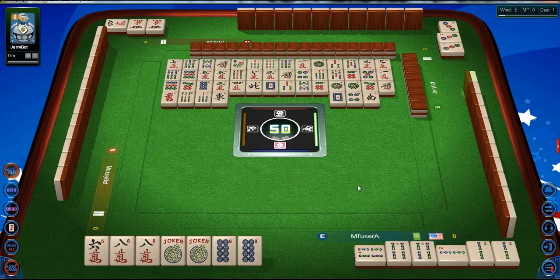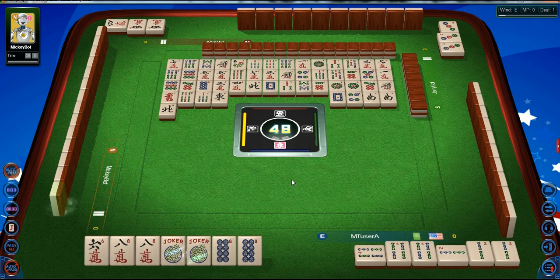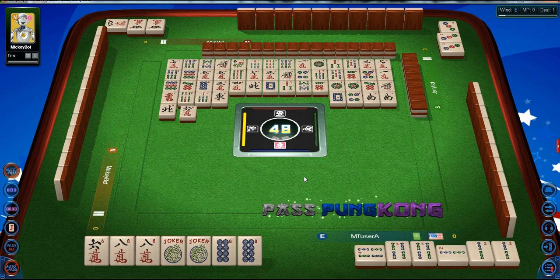Since Ignore Jokers is not engaged, the system stops and waits for my move each time a tile is discarded. I have to click Pass for each tile that I do not need. In the case when you want a Pong or a Kong but you do not have any tiles for the Pong and Kong in your hand, then you want to turn off the Ignore Jokers by clicking on the very top menu item, which releases the AutoPass completely. When you do so, however, the system will stop and wait for your input each time someone discards a tile and you have 2 or more